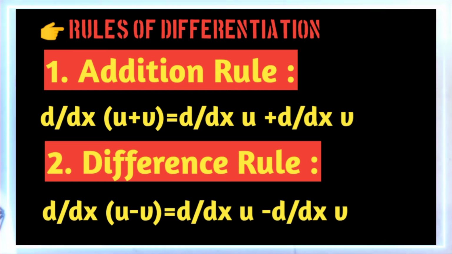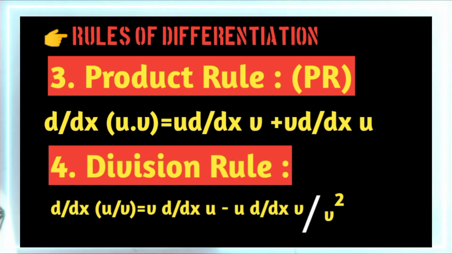Number 3, which is a very important rule, that is product rule. Remember this student, product rule, I call it PR. In product rule, we are given product of two or three functions. In our syllabus, we are just given the product of two functions. So the product rule says if we differentiate product of two functions, it will become dy by dx equals, we expand like this, first function that is u into derivative of second function that is v. So we write u into dv upon dx plus second function that is v into derivative of first, du upon dx.